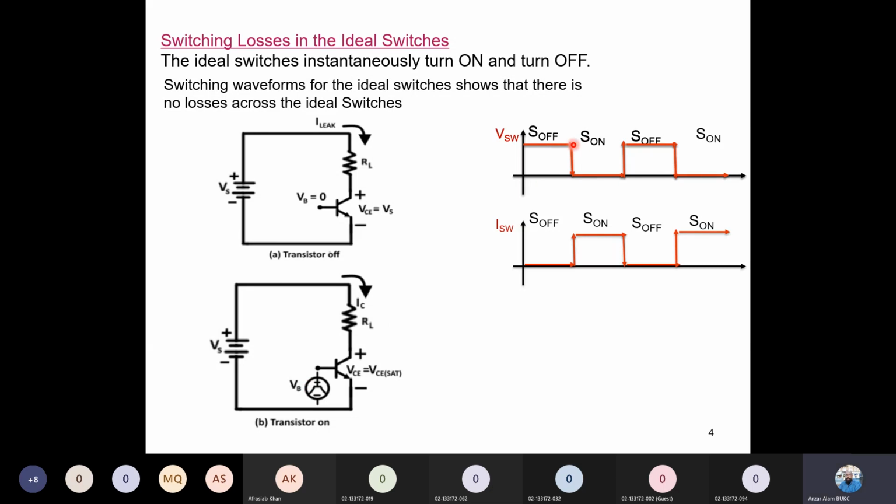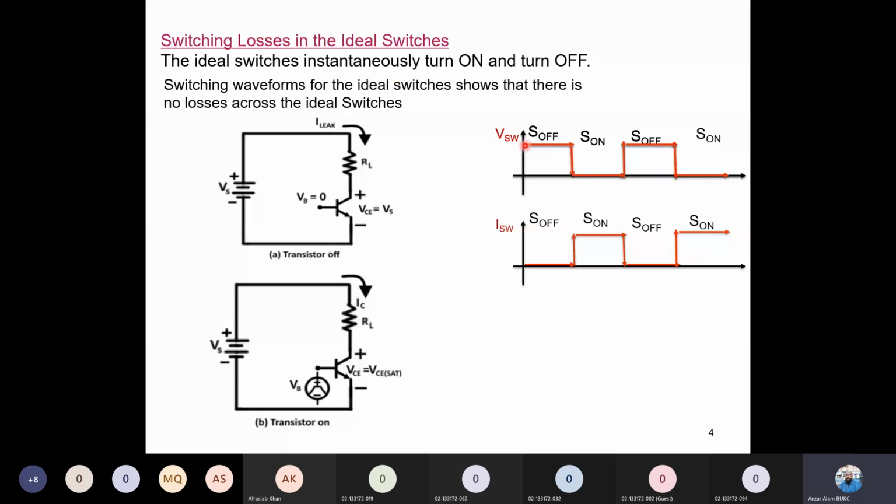When you connected the base signal at this point, immediately, without any time delay, it directly turns on. So this is the property of the ideal switch. Similarly, when the switch was on and now we want to turn it off, as soon as I made the base current 0, instantaneously it turns off. This sharp line, immediately, indicates the ideal